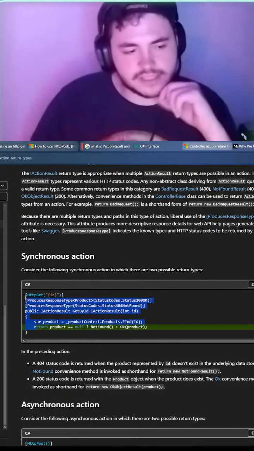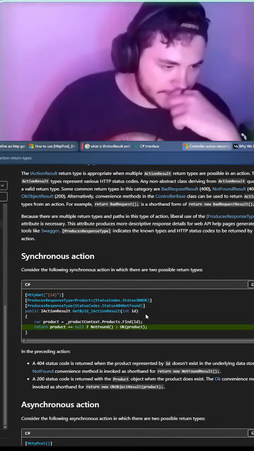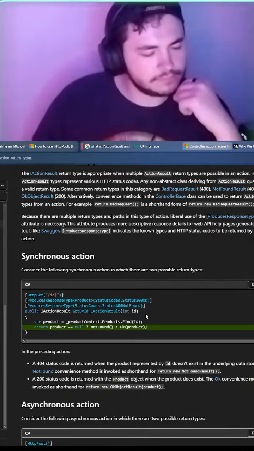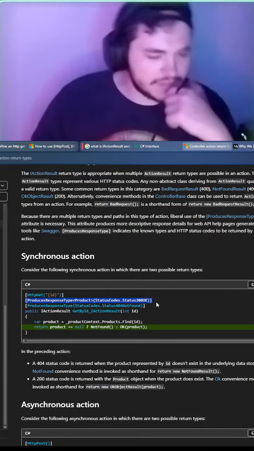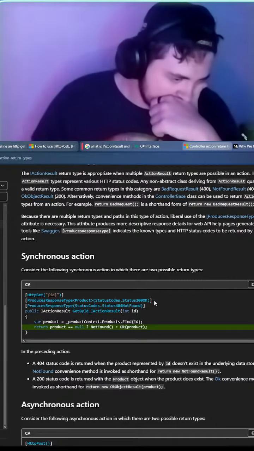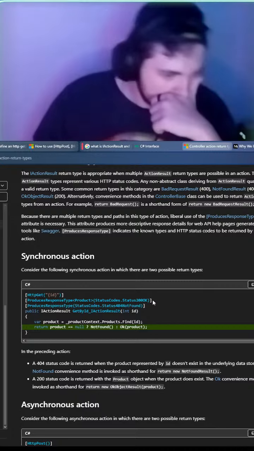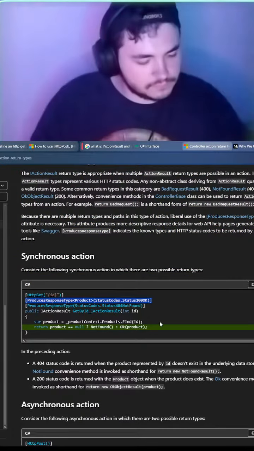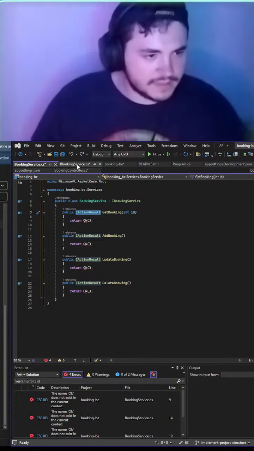Okay, so this is literally what we're looking for, right? I don't know what these are called. Route response types, I guess. Okay, so I guess we can copy something like that.